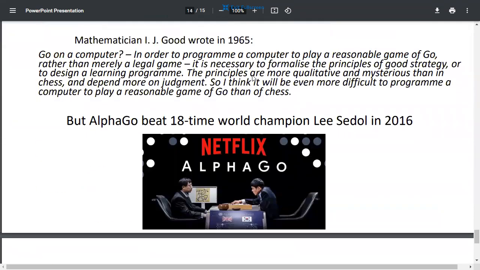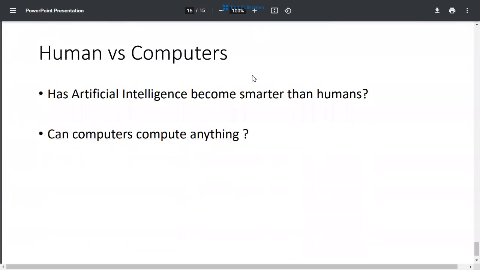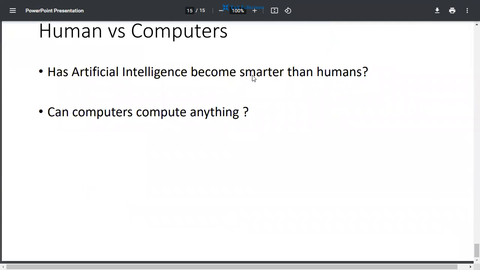And I don't know about this AlphaGo. You guys ever heard of that? Apparently it's some Japanese game or something. Anyways, a computer could beat the champions of that. What other things could a computer do? Has a computer reached artificial intelligence?